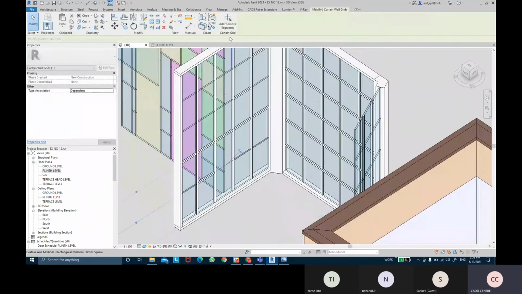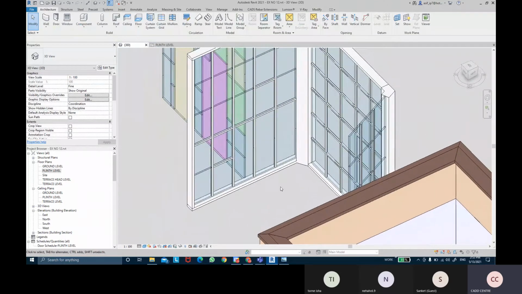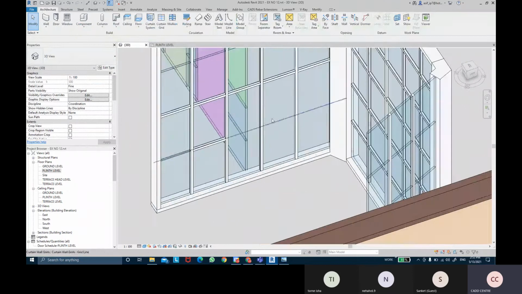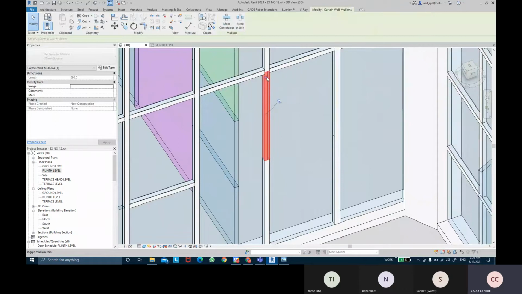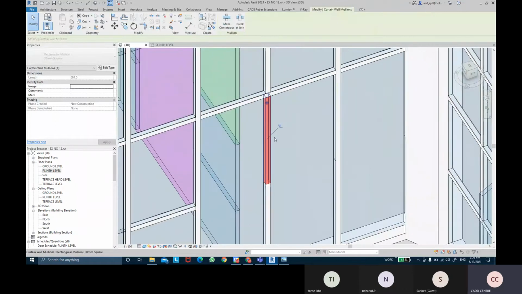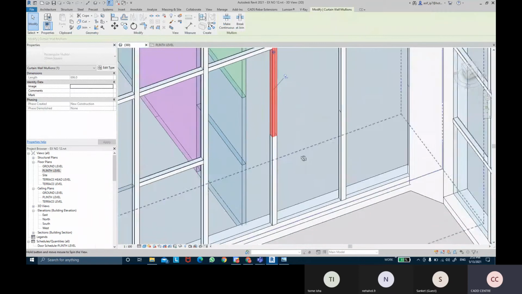Once again, if I select this, I can click on Add or Remove and click on it to remove the grid lines. You can see this is not continuous. You can tell it that you want to make that continuous grids as well. Toggle to change the directions.